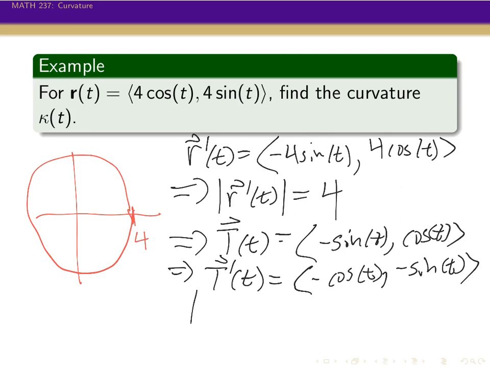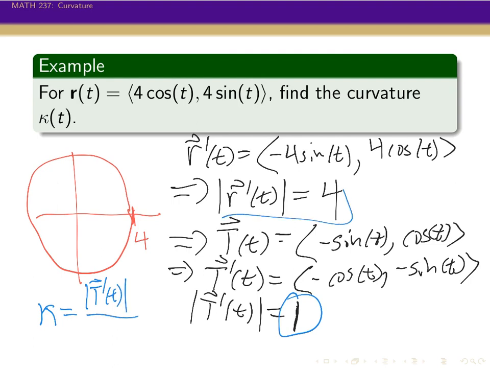What's the magnitude of this? I think we saw this in the last video. The components are both a sine and a cosine, so you square them and add them together, and you get 1. So to get our curvature kappa, it's the magnitude of t prime